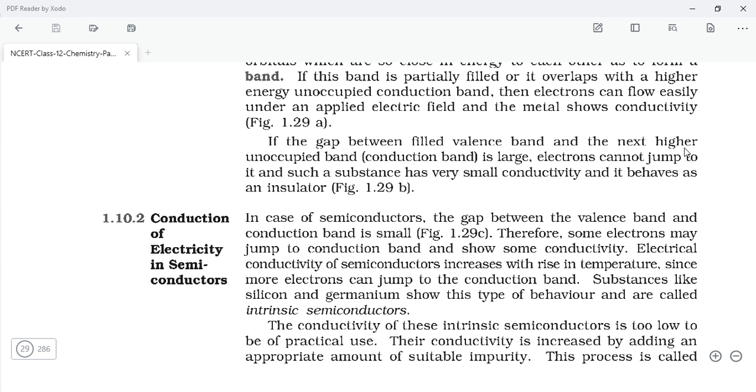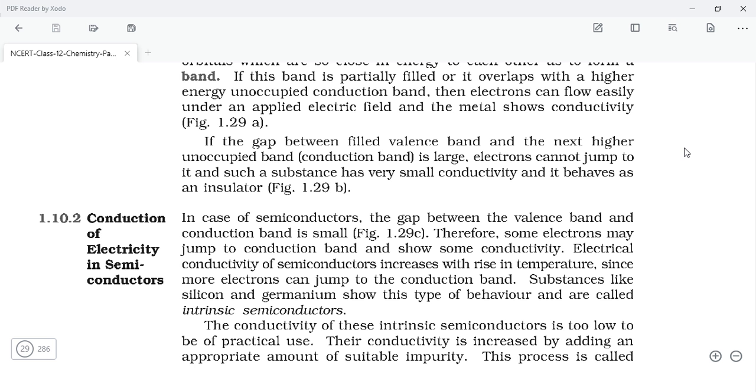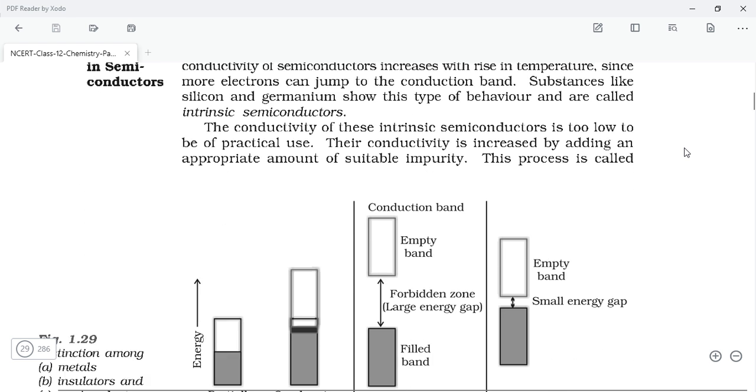Since more electrons can jump to the conduction band, substances like silicon and germanium show this kind of behavior and are called intrinsic semiconductors. The conductivity of these intrinsic semiconductors is too low to be of practical use. Their conductivity is increased by adding an appropriate amount of suitable impurity. This process is called